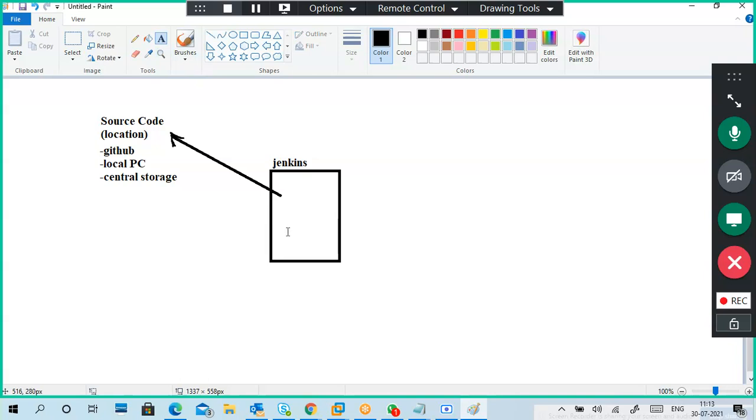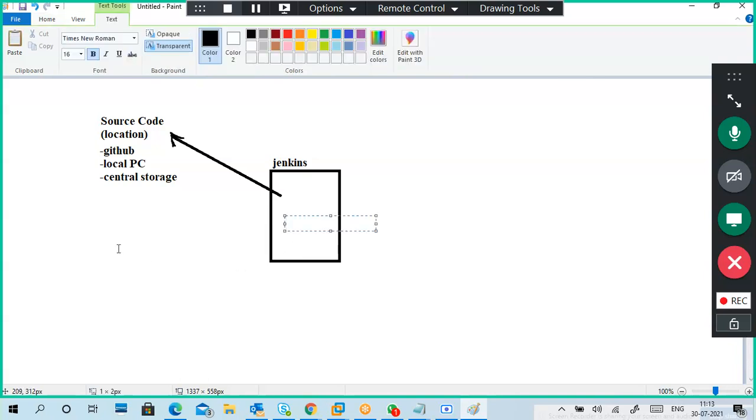Generally, we can type some commands to execute your code. To execute your code, many things are there, like building and testing, which is like execution only. So different tools are there. You can use your CMD, depending upon your code. Maybe you can use PowerShell.